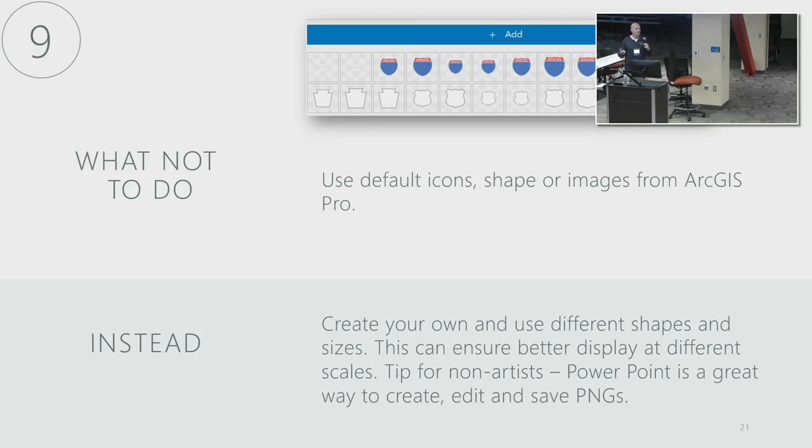I sound like a broken record in a little bit of this, but we use some images, these PNGs, for our shields. One of the things we learned is that if we just use a standard size image, it didn't look good at certain scales. So we create a whole bunch of the same image in different sizes, from just a few pixels up to, I don't know, like 200 by 200, way bigger than you would need. But it gives you the option at any scale to use a variety of different images that you might need on your map.